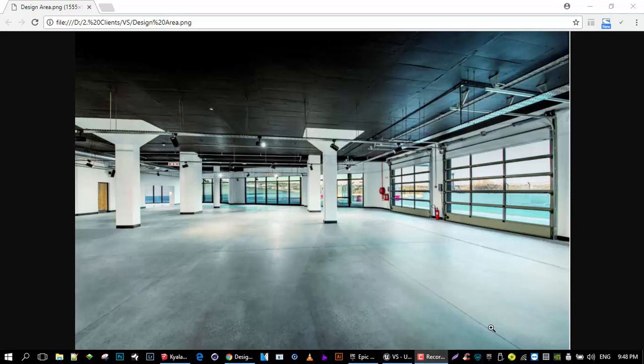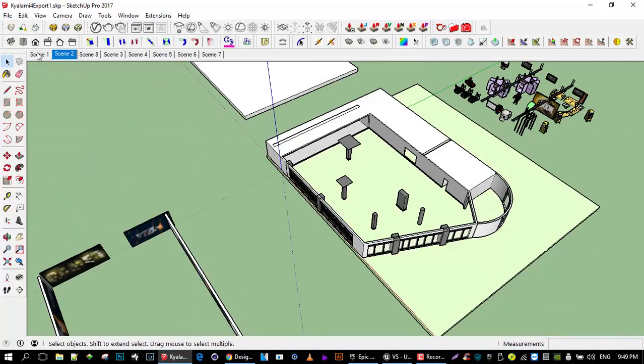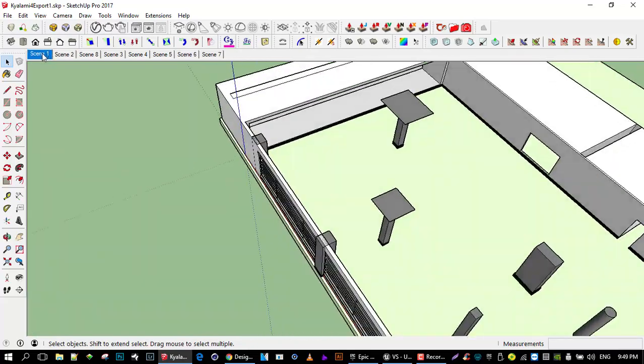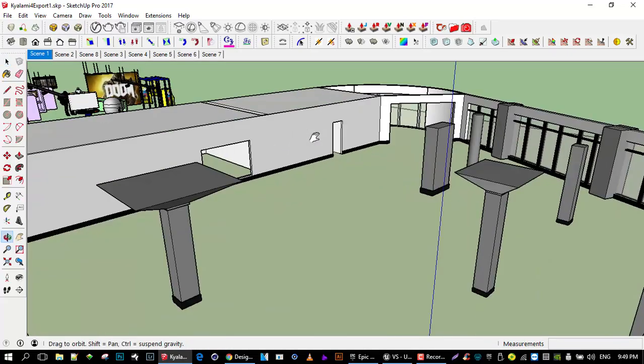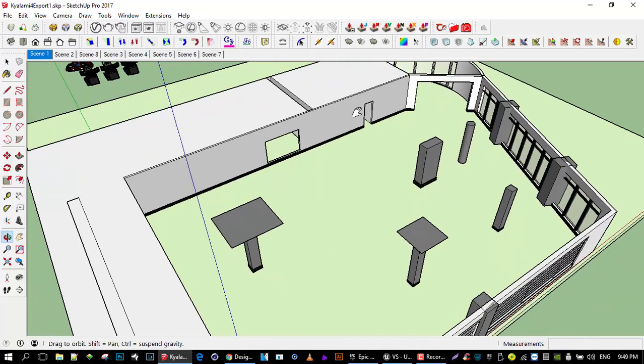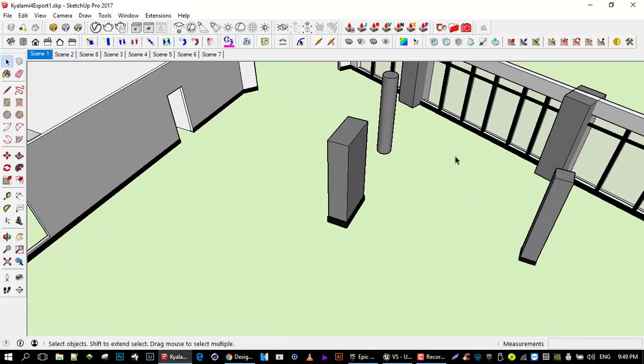So here we have a picture. I could complain that I don't have enough information, but I thought, let me take what they've given me and let me show them what we're able to do. So I took the picture, and then I got down to working with the model. So basically I created the SketchUp model. If you look at it here, that was the door at the bottom. These are the pillars, and then I created